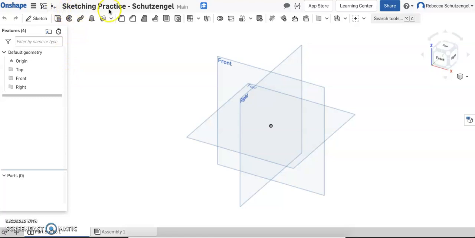So first of all, I made a new Onshape document and notice what I've titled it. It's Sketching Practice and then my name. You should do the same, make your own document, put your own name in it, and immediately share it with me so that you can get credit for doing it. Then I'm going to start a new sketch,